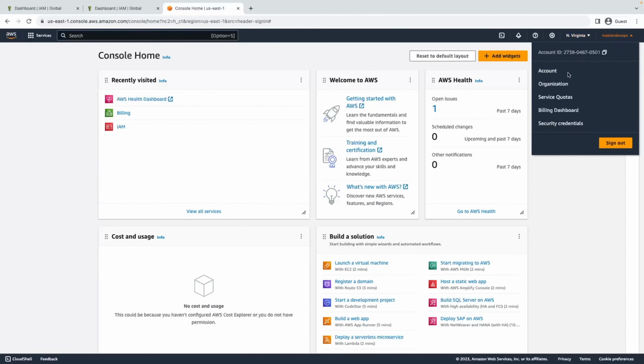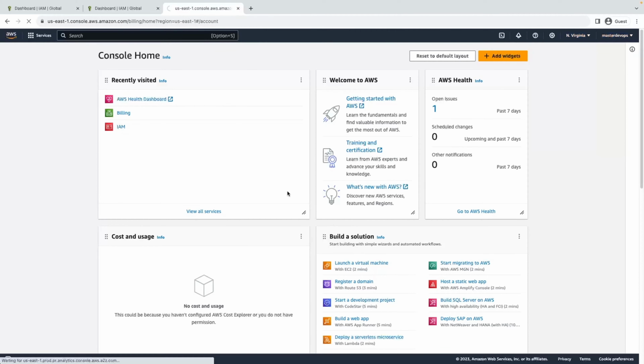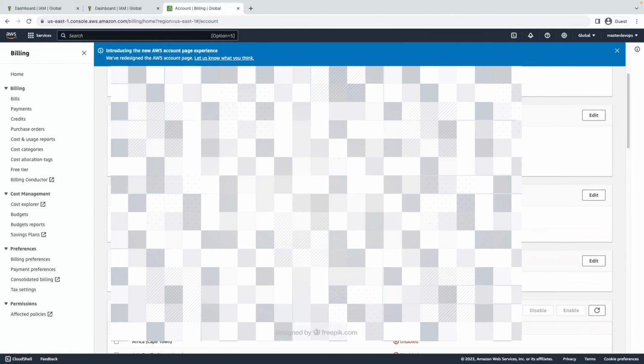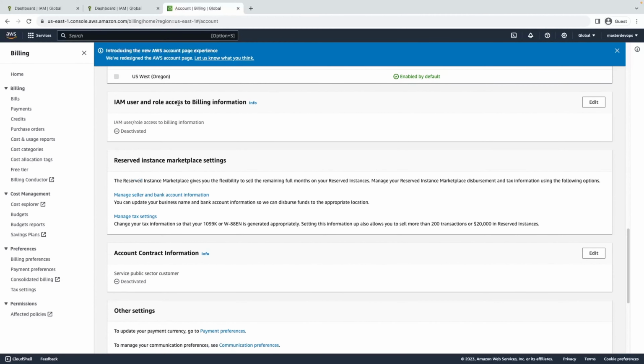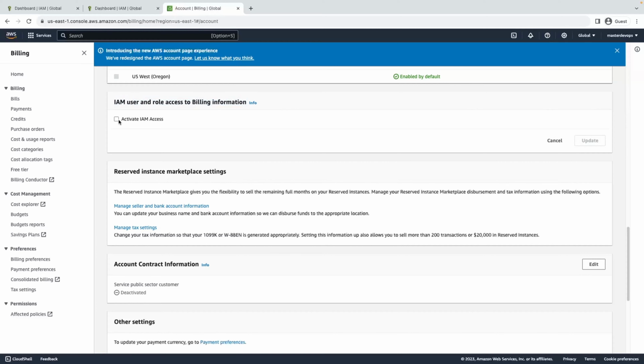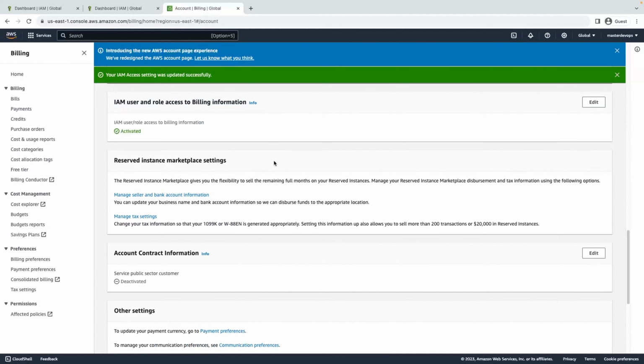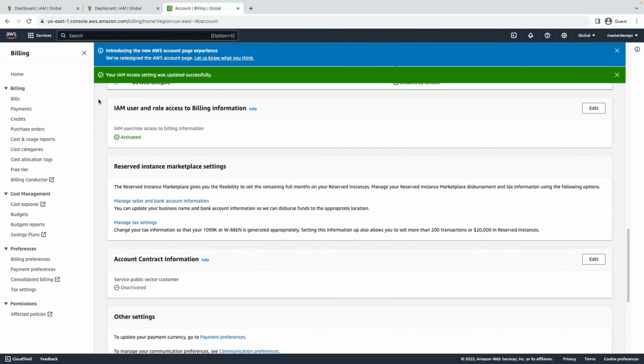What I need to do is go here, click on account, and scroll down a bit. Okay, so you see IAM user and role access to billing information. You need to explicitly give it to that particular IAM user so that they can have access to billing as well, or maybe all IAM users. So click on edit, activate IAM access. Now when you assign a permission or policy through IAM, such as administrator access, or give them billing access, they will have it, but you need to explicitly activate it from the account section we have here. So now we quickly go back to the IAM